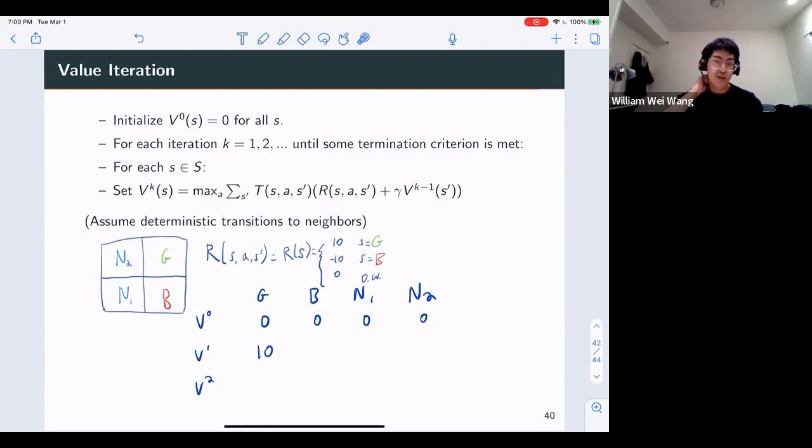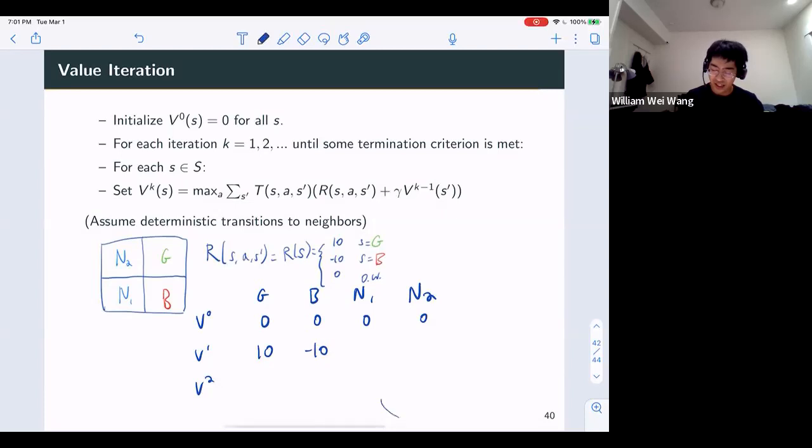For the bad state, it's going to be the same thing. So if I go to the good state, for example, well, at the bad state, I'm going to take a reward of -10. And then what's the value of being at the good state? Well, to look at that, you look at this V0, right? And according to this V0, you don't know that the G state is good. So then this actually still becomes -10. So here you haven't actually learned yet that the good state will mitigate this -10. So it's just going to be like that.